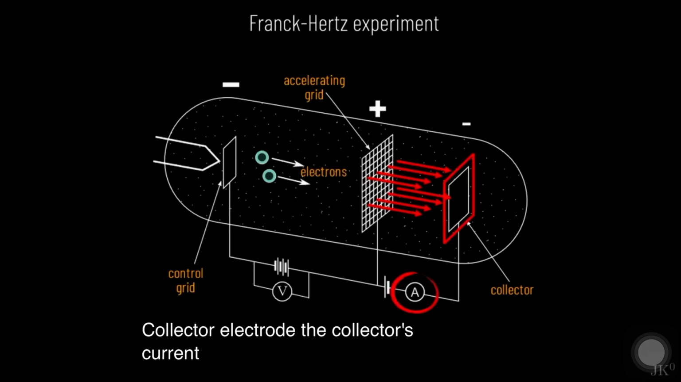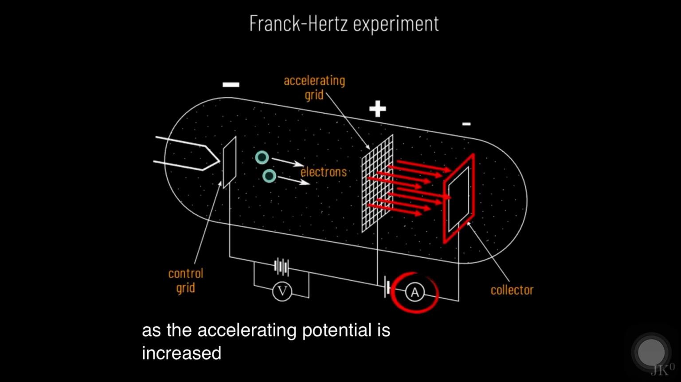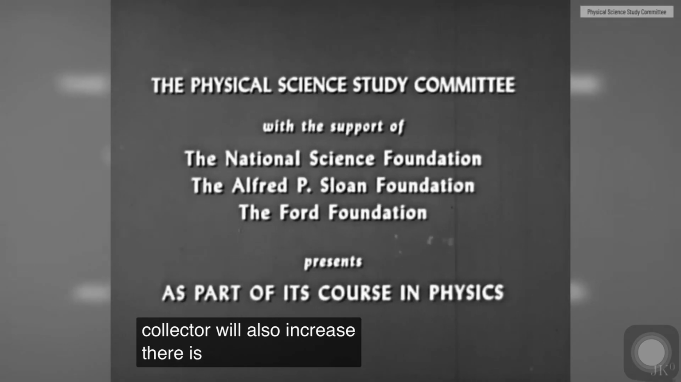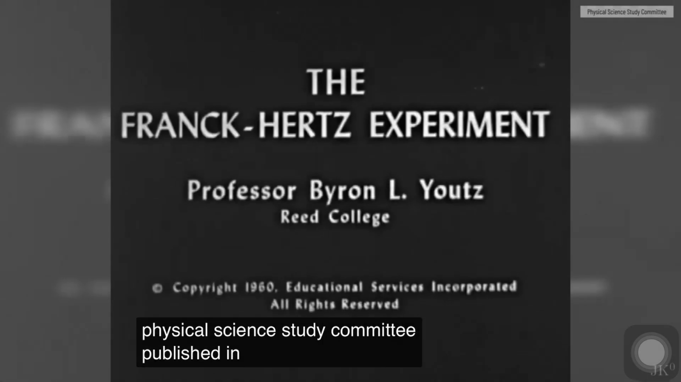The collector's current is a direct measure of how many electrons reach the collector. Therefore, as the accelerating potential is increased, the current through the collector will also increase. There is a fantastic film by the Physical Science Study Committee published in 1961